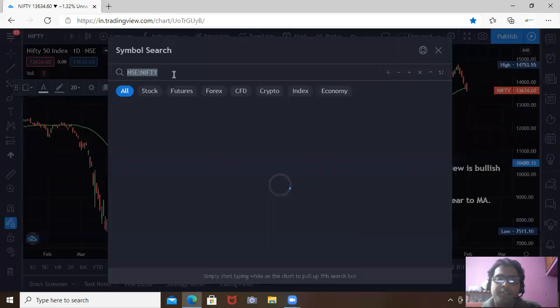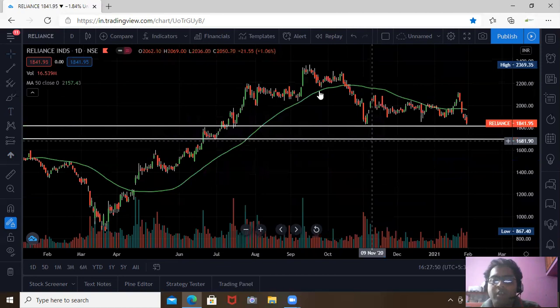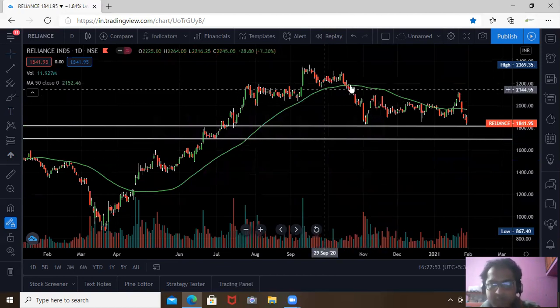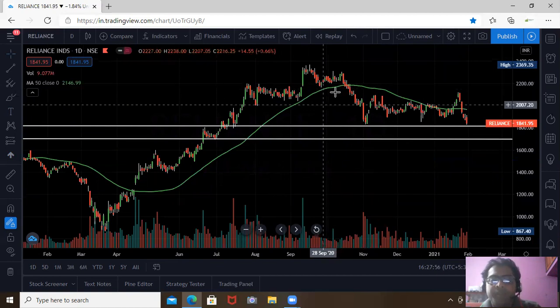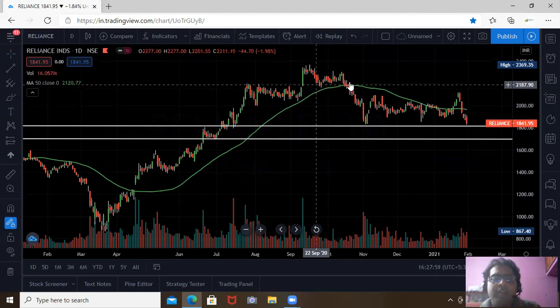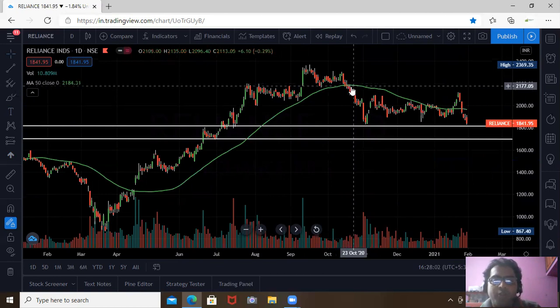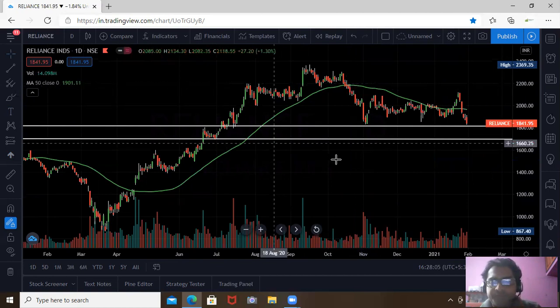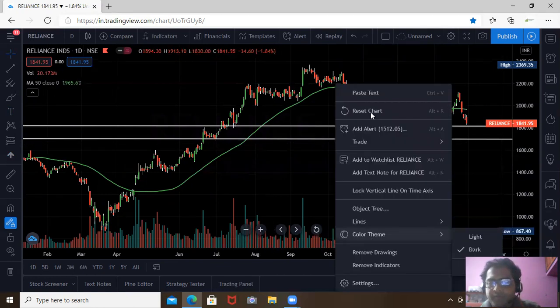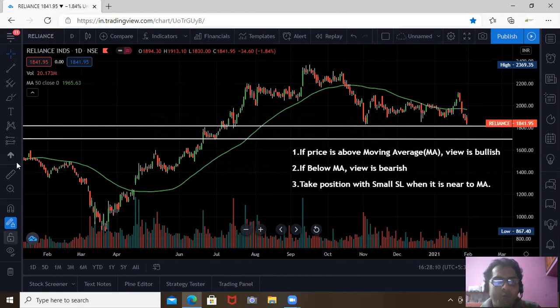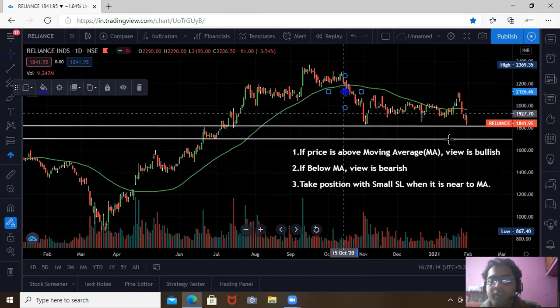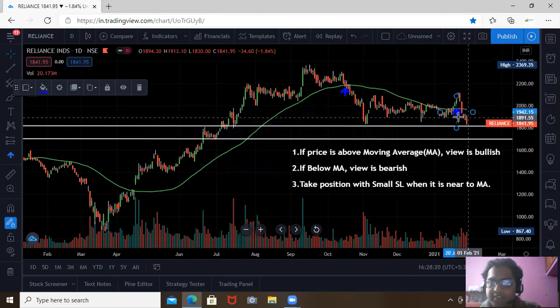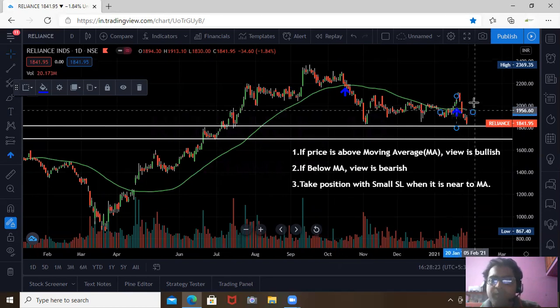Now let us analyze other stocks. Reliance. If anybody has bought Reliance and feels that he is now blocked, you can see that whenever Reliance has broken the 50 moving average, there is a significant fall. So anyone can exit or book profit when it closes below the 50 moving average. Again, you can see how beautifully this simple moving average technique can give you a very good return. Above this we can go long, and as it has closed below this, we can go short here also with a minimum stop loss.